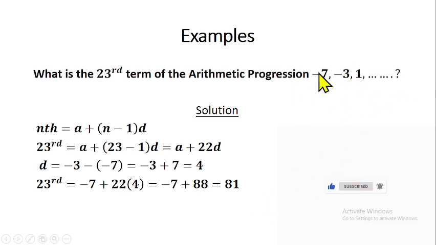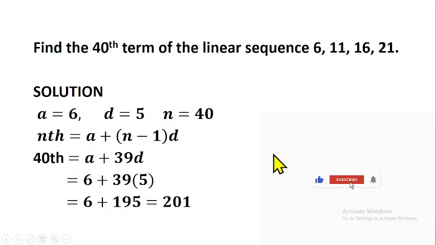If I ask you to find, let's say, the 50th term of this AP, what will you do? What is the 50th term of this AP? You have 50 minus 1 here, that will give us 49. Multiply by D, that will give us A plus 49D. So here you'll be having A plus 49D. Put the value of your A, put the value of your D. Simplify, and it will give you the value of the 50th term. Do we understand that?